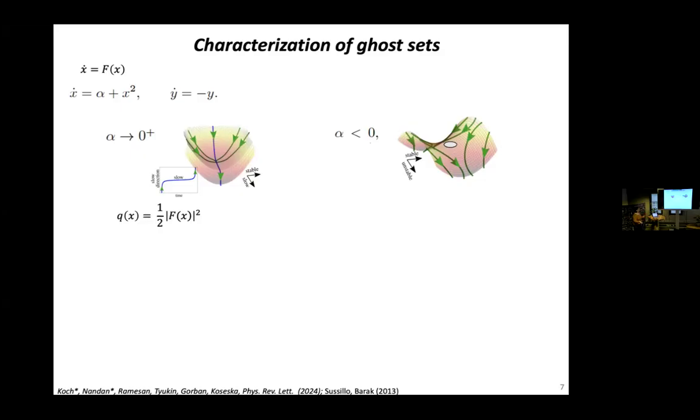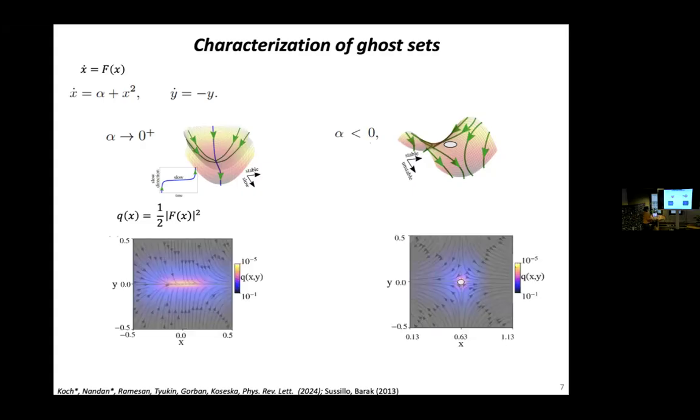In order to be able to identify the characteristics of the ghost set, we constructed a scalar function, which in this case is something similar to the kinetic energy of the system. Even for systems where you cannot do analytical analysis, one can calculate this quantity numerically. So when you minimize this, for a fixed point, Q will be exactly 0, which we see exactly for the saddle. However, for the ghost, Q is close to 0 in a large region in phase space. And this corresponds to the flatness of this region, and this defines how large the ghost set is in the